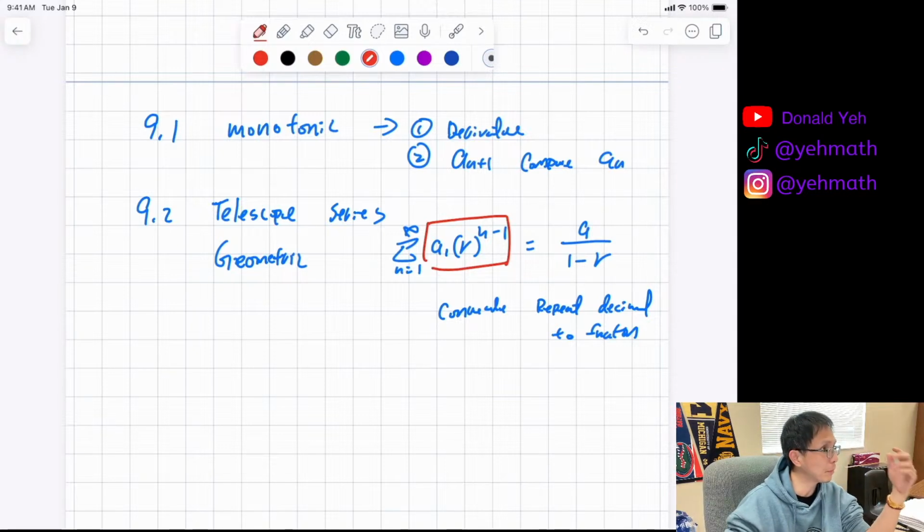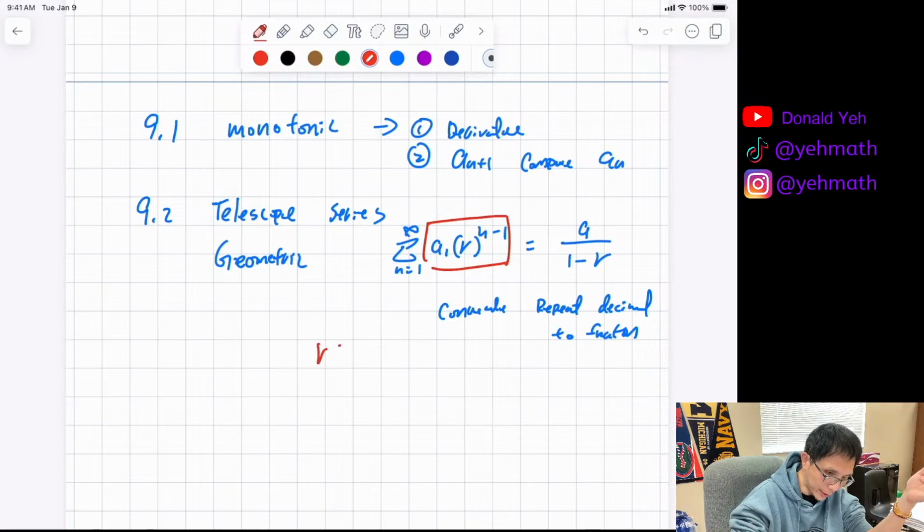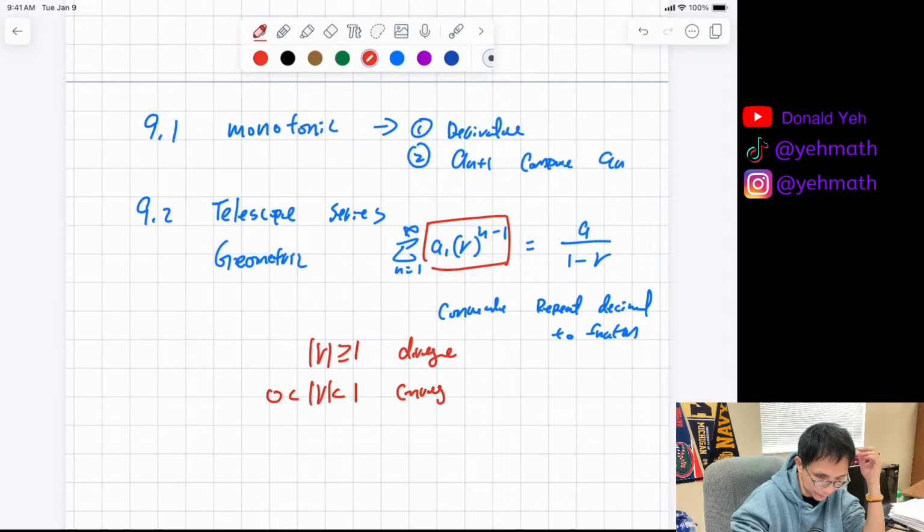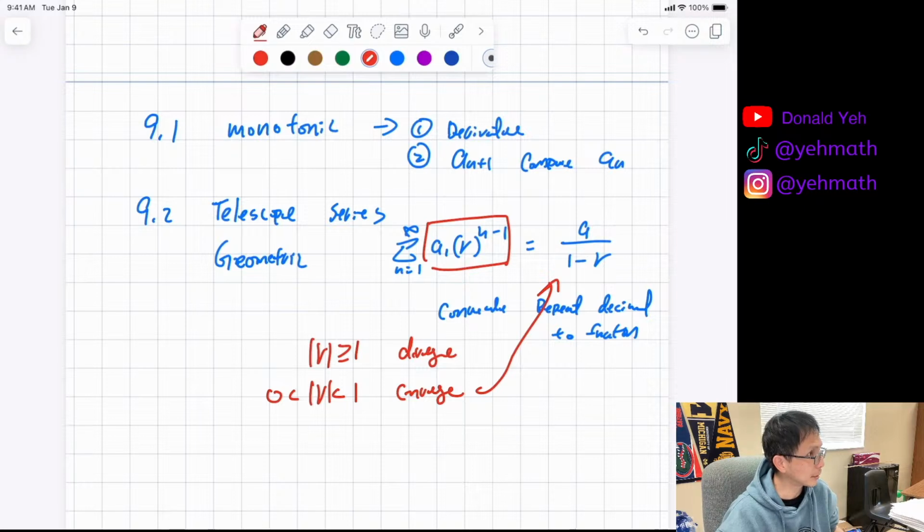But definitely know between pi and e which number is bigger, because sometimes when the absolute value of r is greater than or equal to 1, it diverges. If the absolute value of r is between 0 and 1, then it converges. Only when it converges can you get a sum. When it diverges, you cannot get a sum, because it's going to be infinite. Is that okay? So that's geometric and telescoping series. You're supposed to know that. But 9.3,